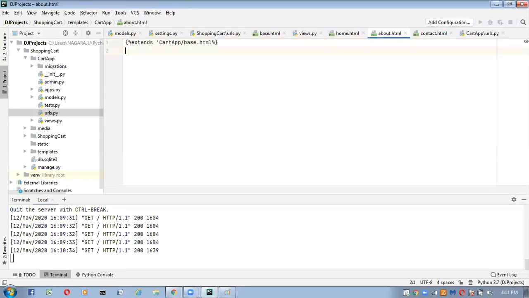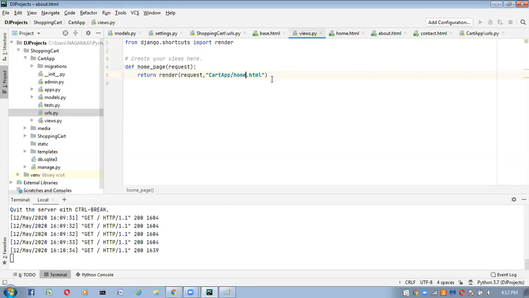Inside this, we have to take the same block. Block percentage block body underscore block, and here slash percentage end block. Save this one. Now what do we have to write inside this? I'm not writing anything. I will just check first whether the navbar is coming or not, and later we can add the remaining things.